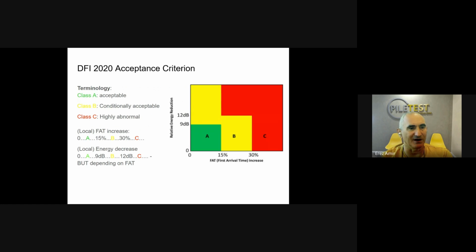Let's talk about the DFI 2020 criteria. There are three classes of problems. Class A is everything good. Class B is conditionally accepted or questionable anomaly. And class C is highly abnormal. They are also color coded to the same colors as a traffic light. They go like that, from 0 to 15% good, 15 to 30 questionable, above that is bad. Okay, we combine into that also the energy